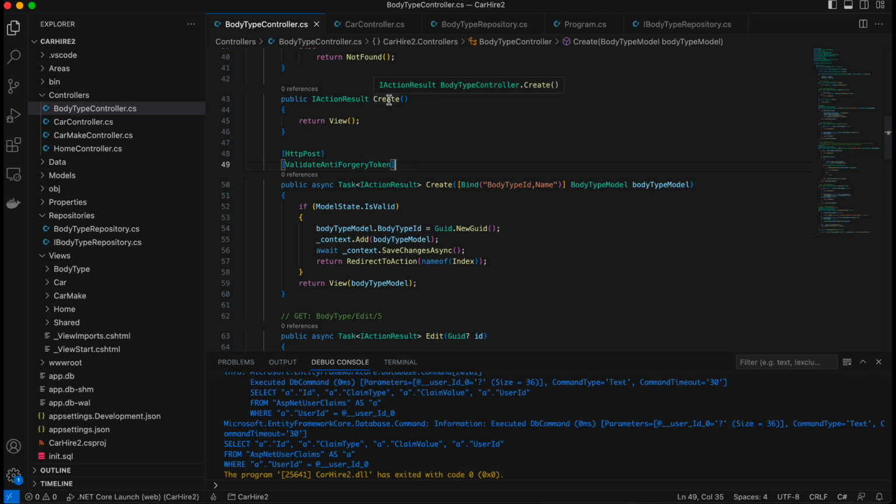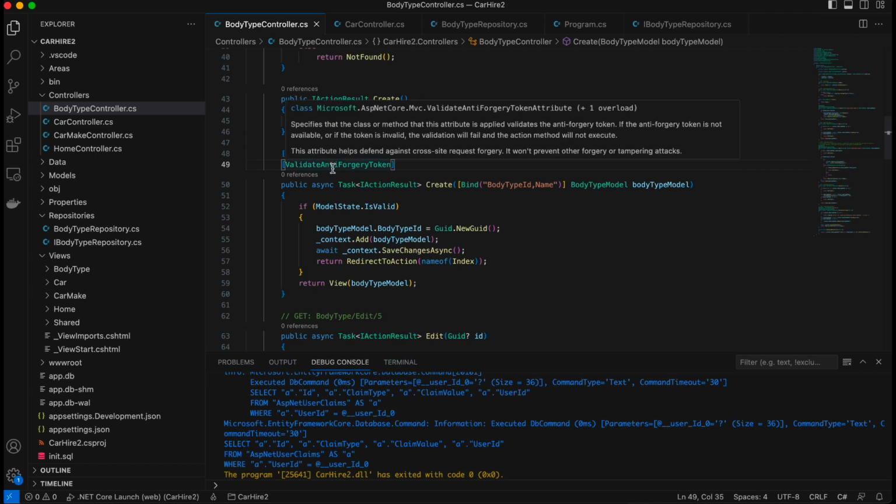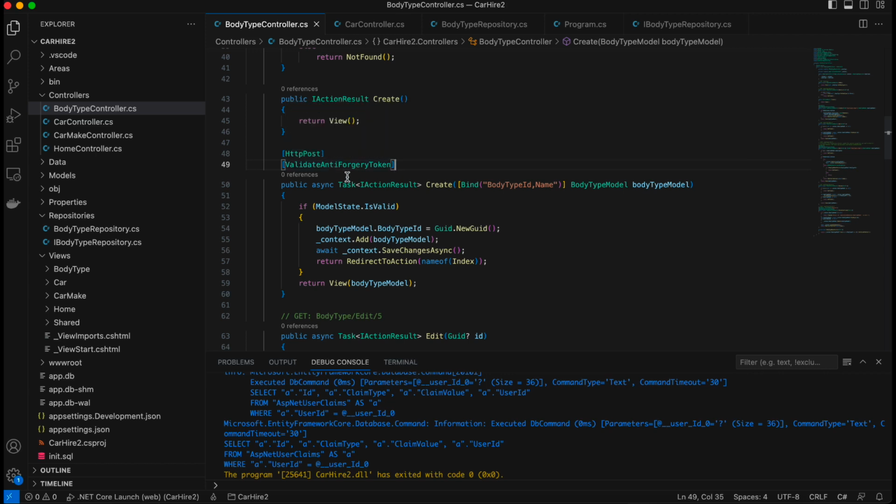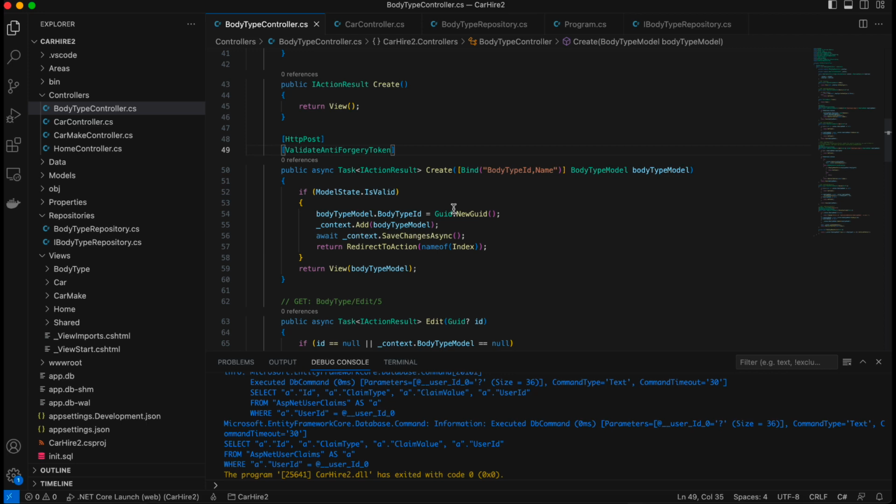What it means is that someone can't hijack your call in between from the time you receive it to the time it gets pushed back to the server, change the data and push it in, because there's a token that gets generated on the page called an anti-forgery token that needs to be present. So it's just another security mechanism. Again, go and add this onto ChatGPT, let it explain to you better than I can what it is about. Okay,